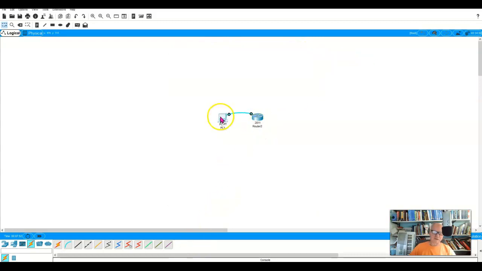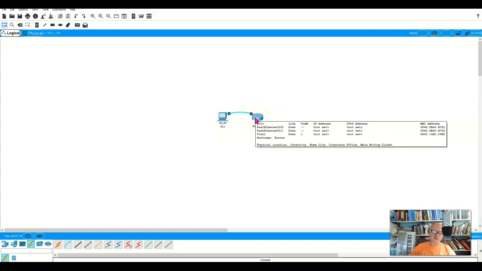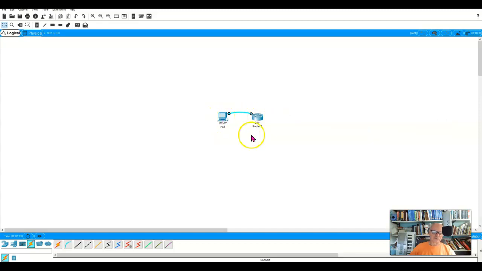Quite often in things like certification tests for Cisco, you'll see that this is the way that you'll have to do it. They'll have simulations on those tests, and they will not give you the option to just click on that directly. You'll have to do it through a PC.